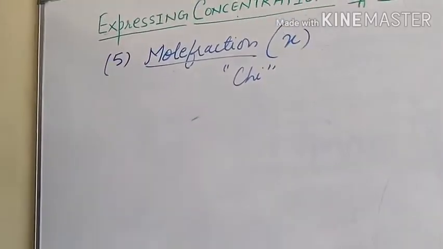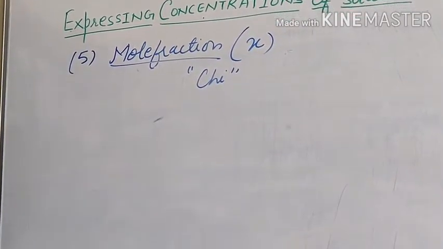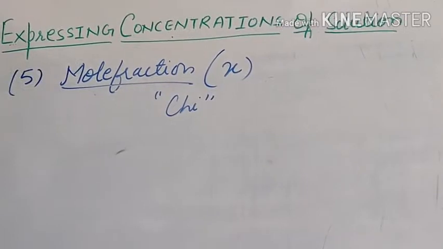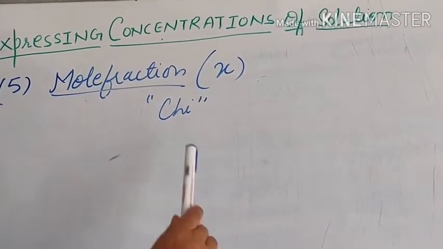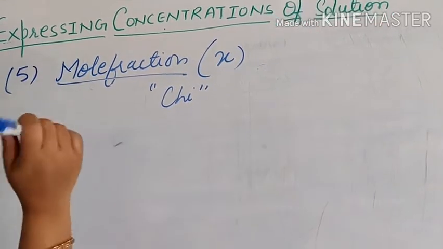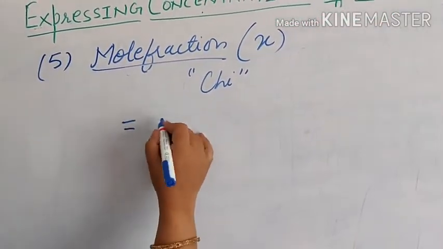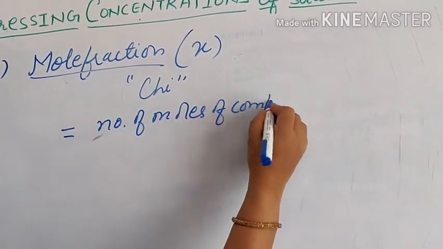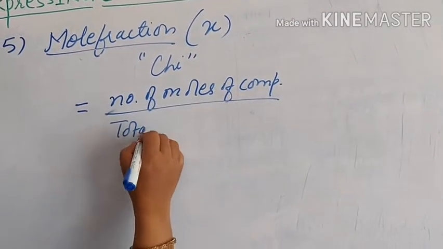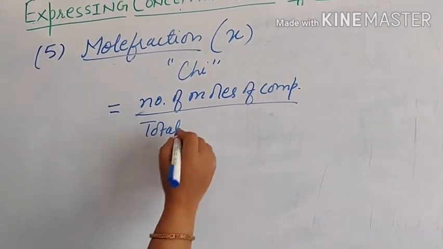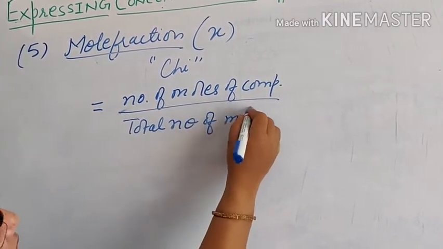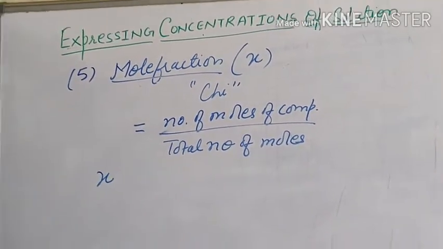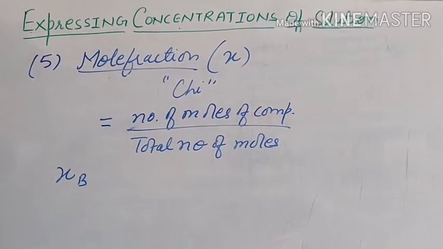Next method of expressing the concentration is mole fraction. It is represented by the Greek letter chi, C-H-I, which looks like X. We may also say X, or we may pronounce it as chi. So mole fraction represents the number of moles of a component to the total number of moles, or we can say mole fraction may be defined as the ratio of moles of a component to the total number of moles. For example, if we have to calculate the mole fraction of a solute B, let us say chi B,